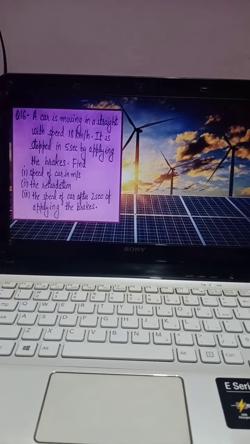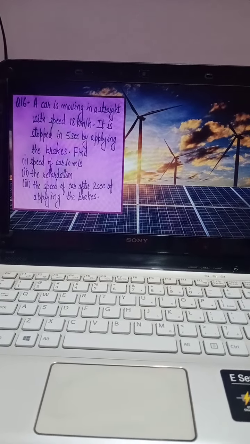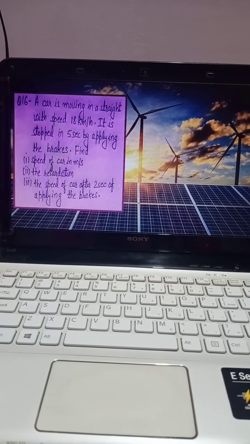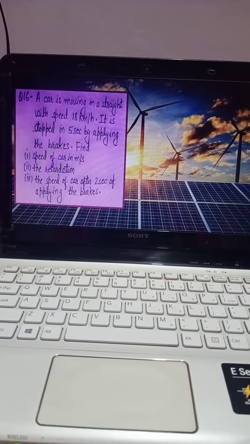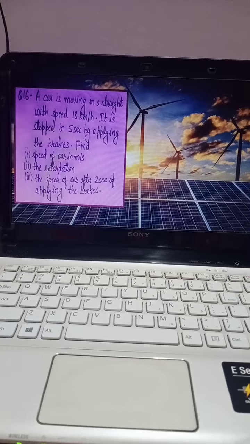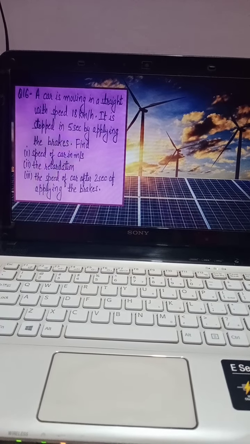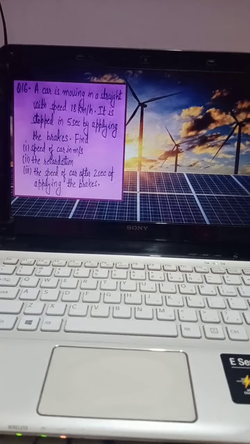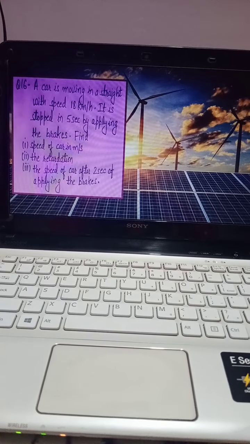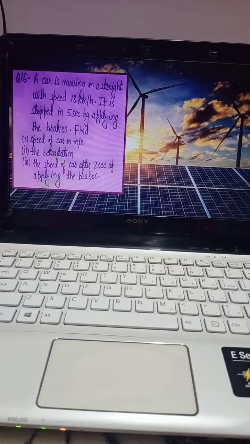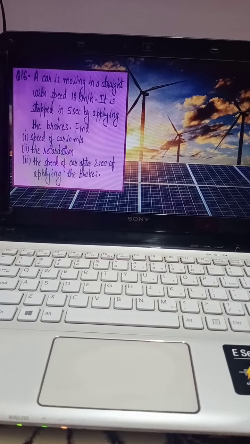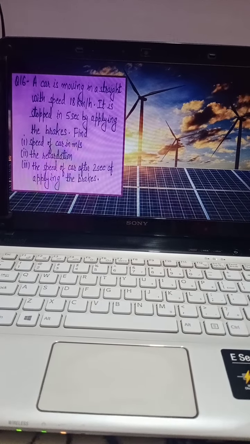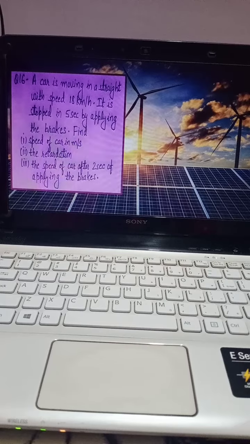So next we are going to see the numerical. A car is moving in a straight line with a speed of 18 km per hour. It is stopped in 5 seconds by applying the brake. Find the speed of the car in meter per second, the retardation, and the speed of the car after 2 seconds of